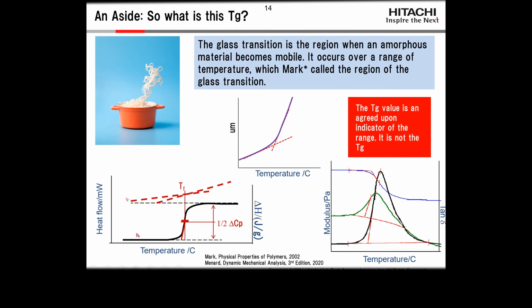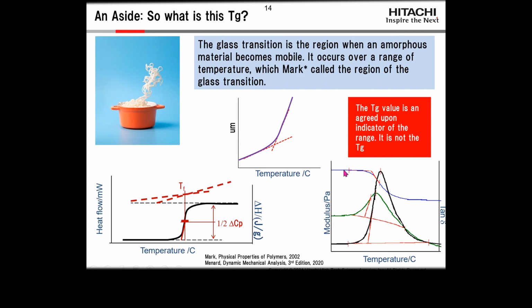And if we start in the bottom corner here, you can see in a heat flow curve, the change in baseline goes up. We can take the half height, the midpoint, or the fictive temperature, and each of these would be defined by the method we're testing to. In the TMA, we see a change in the baseline, and what's nice about the TMA is we really can see that whole region where this material changes, but we take the intersection of those two baselines as the glass